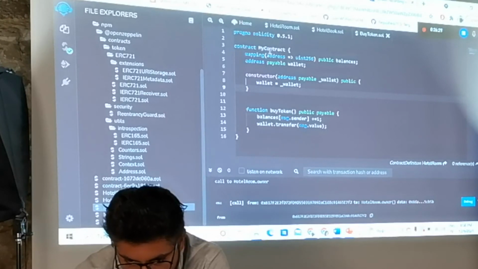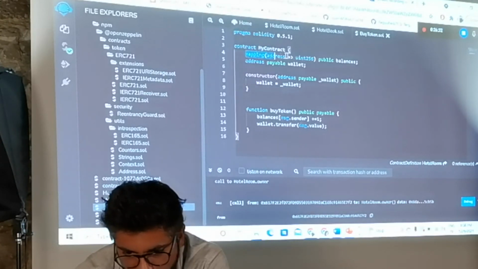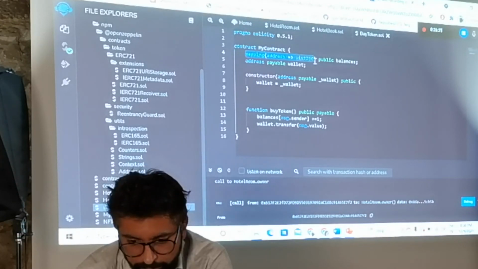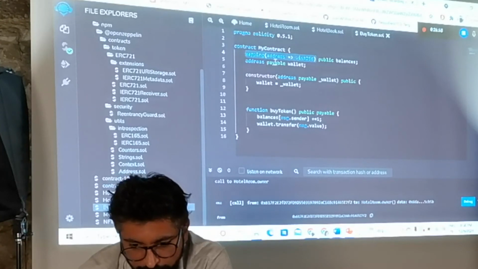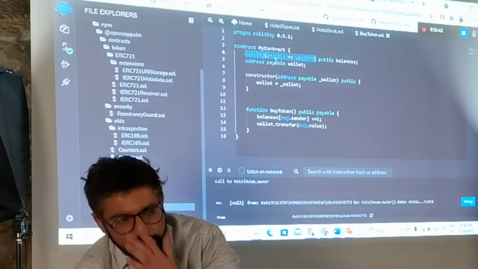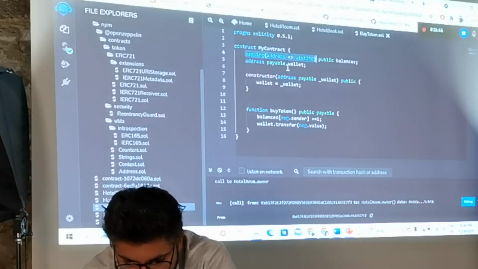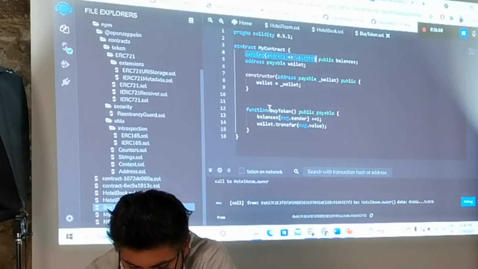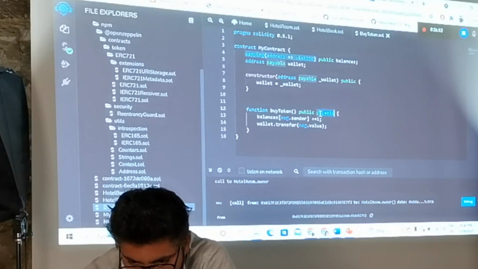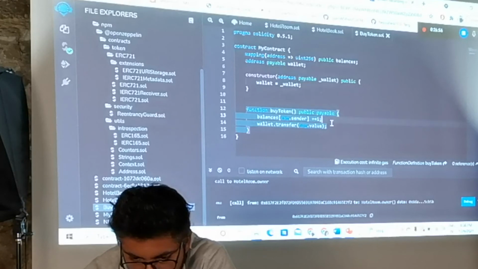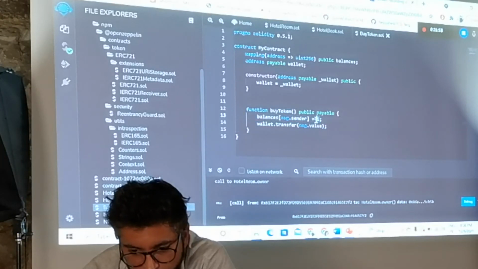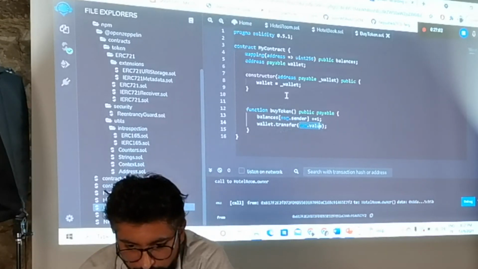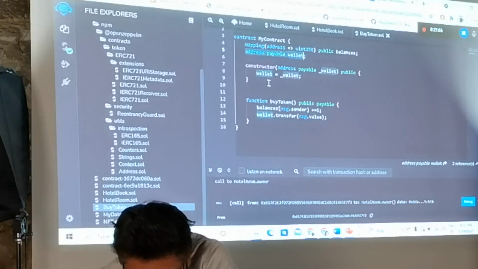So I have defined my contract. This is a mapping variable, it's like a key value pair, like we use in arrays. It's like an array, but each value is addressed with a key. So I just want to run this and see how we buy the tokens. I have defined the function buy token, which also will be payable because I want to transfer the money. Whenever I buy the token, it will increase the value of the token by 1, and it will transfer that token value to the wallet. I have defined the wallet here. So I will try to run this, if this works.